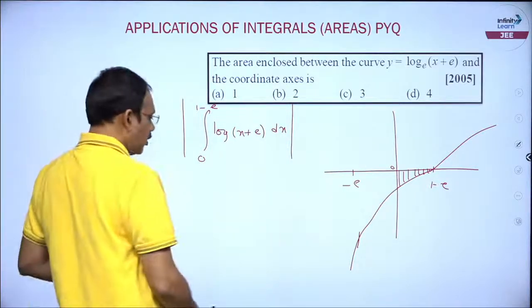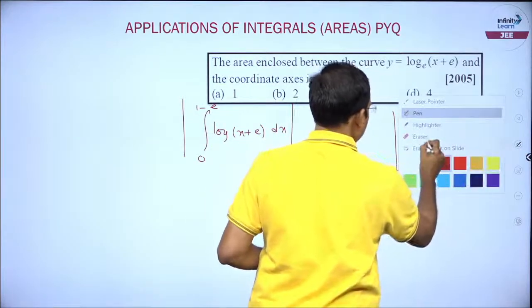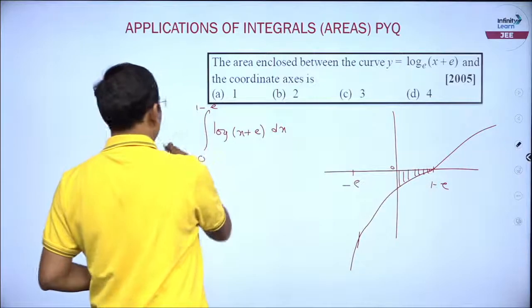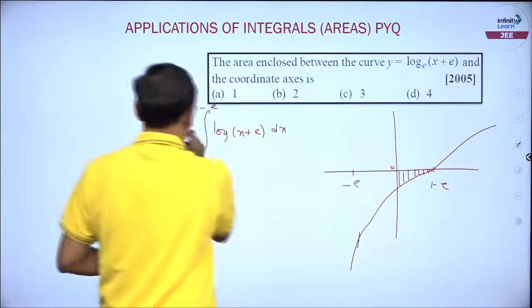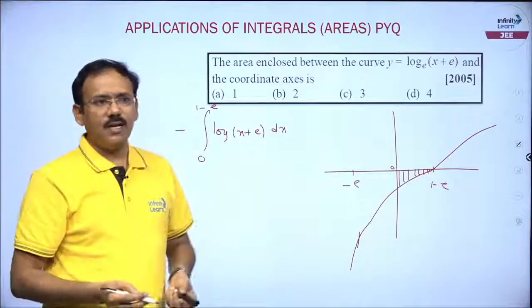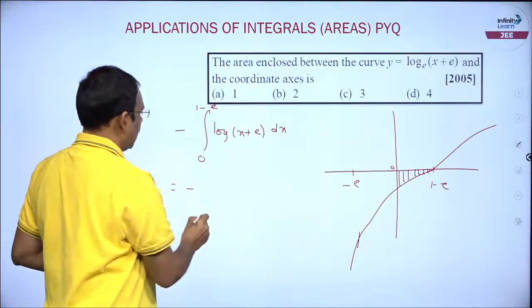Or I can also say, already we know that this is negative, so why can't I put a minus here, this is the answer. Now, you need to simplify this, dear students. This is minus of, I can say